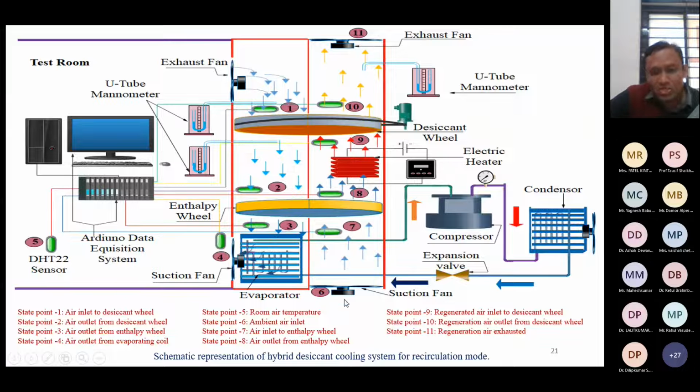Whatever the room air, the hall air, or the ambient air, it is supplied initially to the enthalpy wheel. Then some part of the heat is exchanged by it, and then it is further supplied to the thermal